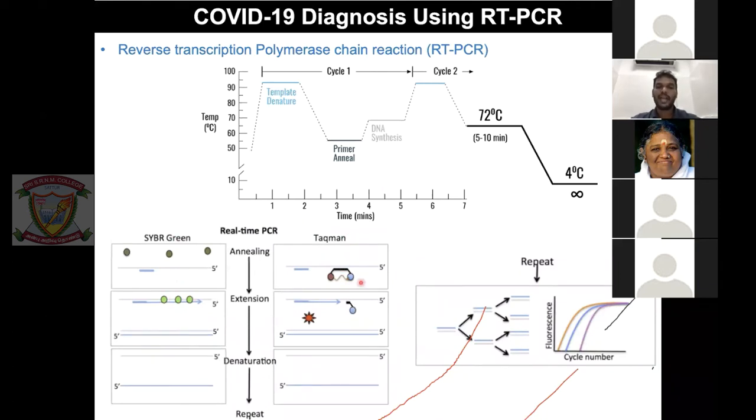But there's something called a TaqMan probe. What I said, there's a primer, right? The DNA synthesis starts from there. Along with the primer, they also put one more probe. This is not for starting, but for going and binding in between. This has two chemical tags attached to it. One is a fluorophore, another one is a quencher. This is called fluorescence resonance energy transfer. One absorbs at one wavelength, another one absorbs at another wavelength. But the first one, which absorbs at one wavelength, emits a light, and that emitted wavelength is the absorbance for the other one.